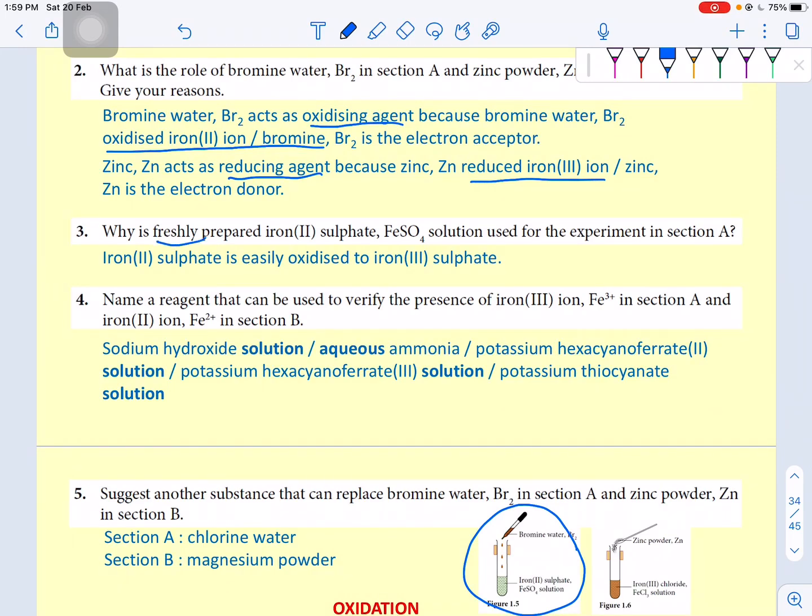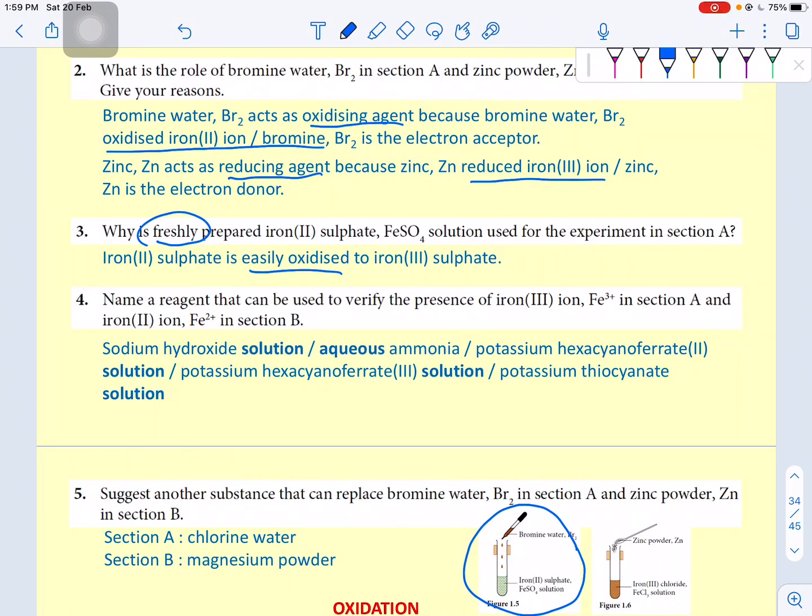So why is freshly prepared? Ini menjawab kenapa kena sediakan yang fresh iron 2. Sebab iron 2 ni sangat senang, easily oxidized to iron 3. So ada je iron 2, bila masa jadi iron 3. Dia umpama kita gigit sebiji apple. You left for a few seconds, the apple punya skin akan turns to brown. So name reagent that can be used,